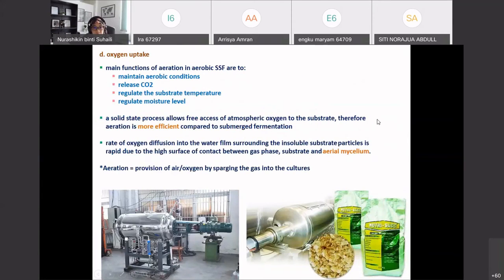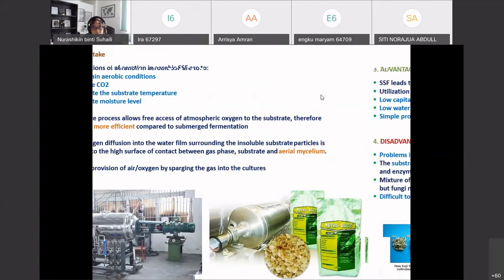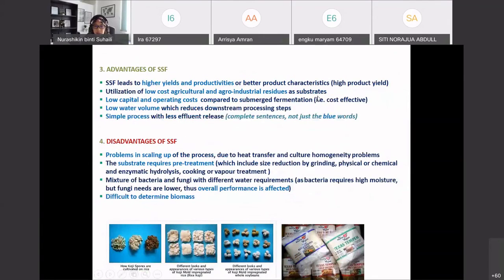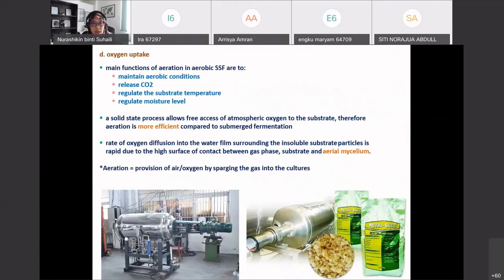Okay, and then oxygen uptake. Oxygen is for those aerobic SSF. Oxygen is one of the important factors. Normally for the lab scale, for the solid state in shake flask, it depends on the oxygen transfer throughout the culture. Itu sajalah. Tapi kalau let's say for the industrial scale,